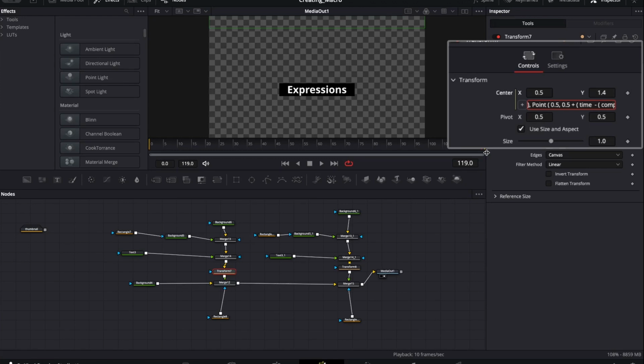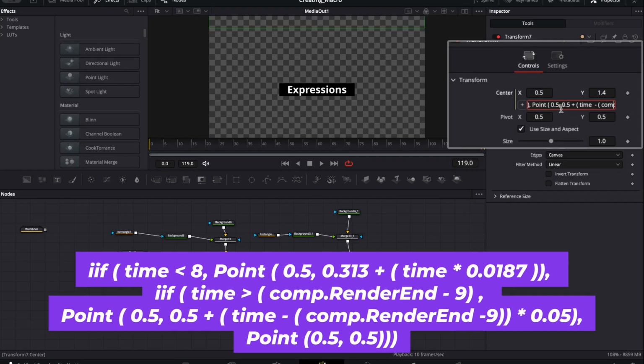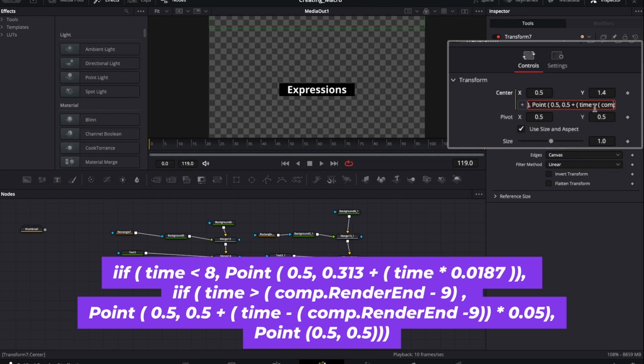It's going to be more than 0.5. So that's why we use plus to go up from 0.5. So from 0.5, the starting point, we want it to go up. So 0.5 plus, because it's going up. How is it going up? In order to get the time of the last frames like we spoke about, we need to use that same formula, which is comp.renderEnd minus 9 multiplied by